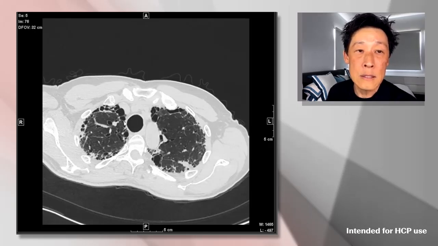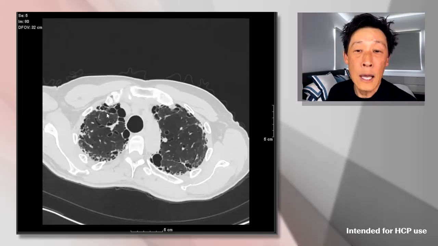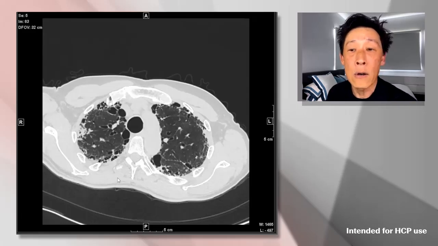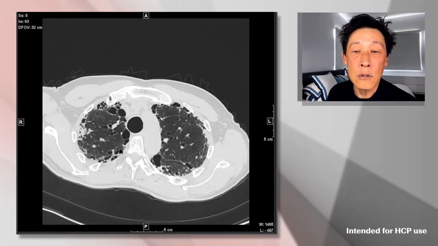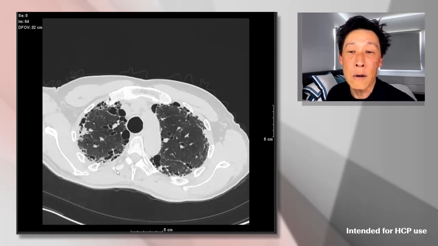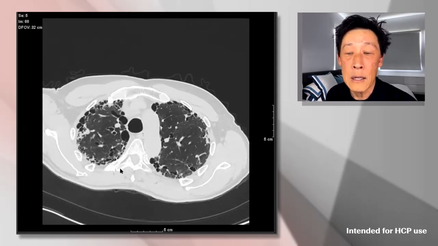And when you see this, this is really consistent with honeycombing, especially if there are multiple cysts sharing these irregular thickened walls. And you can certainly make the diagnosis when the honeycombing is stacked or layered on one another. But even today on thin section HRCT, because we can follow abnormal airways down to the periphery, we can distinguish what's traction bronchiectasis and bronchiolectasis versus true honeycombing. So even a monolayer of honeycombing can be confidently diagnosed.